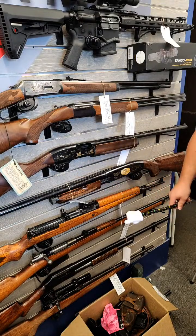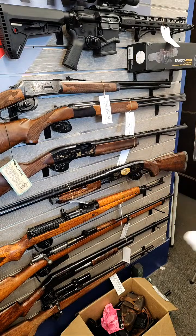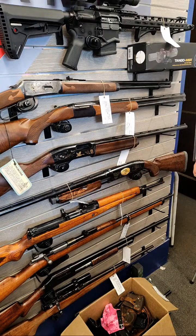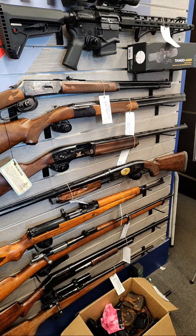Won them at a Ducks Unlimited banquet and literally put them in the case that they came with and stored them. Never took them out, never fired them. So we got them with all the original paperwork, and that's where we can safely say this collection is from the 80s. I think the Remington even comes with the